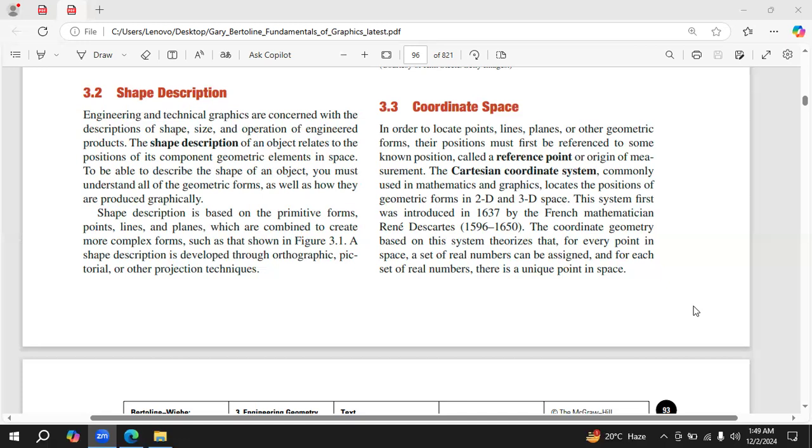For now, we are talking about one of those coordinate systems, the Cartesian coordinate system. In a Cartesian coordinate system, you have both 2D and 3D space to locate your positions. So, what happens in the case of a 2D coordinate system,